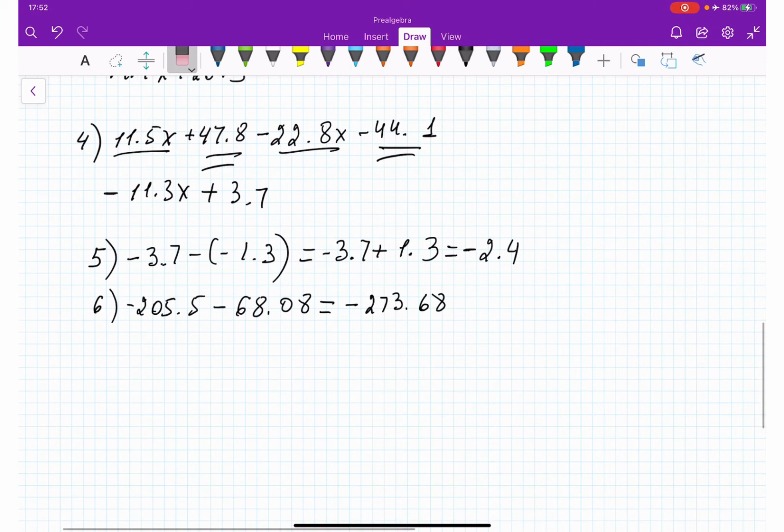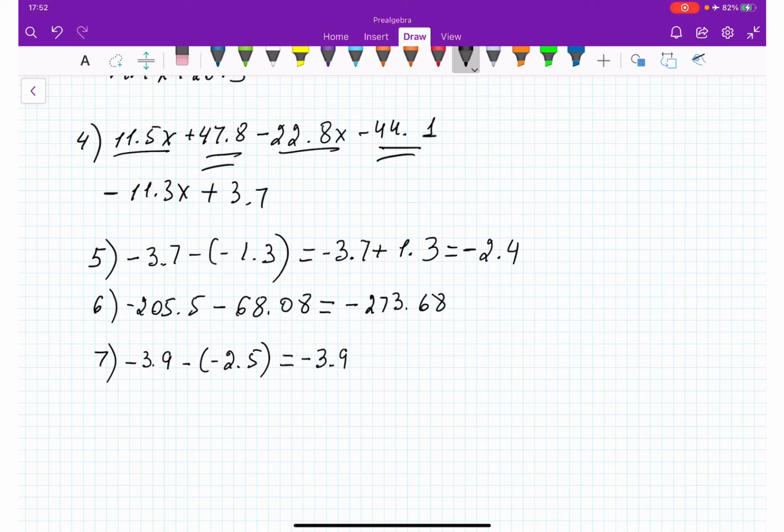Number 7. We have negative 3.9 minus negative 2.5. So what do we have? Negative sign in front of parentheses. So if I open, it's going to be negative 3.9 plus